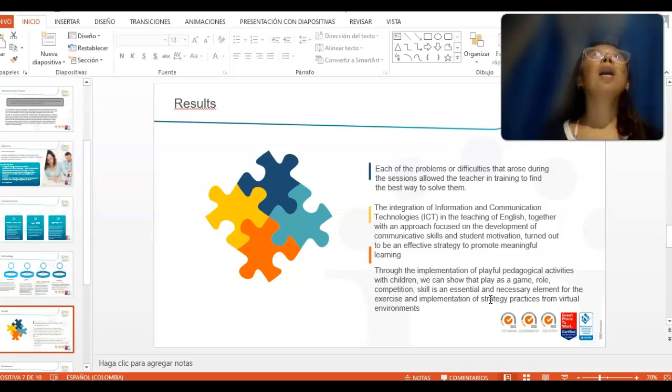Okay, the results and discussions. Each of the problems or difficulties that arose during the sessions allowed the teacher in training to find the best way to solve them.